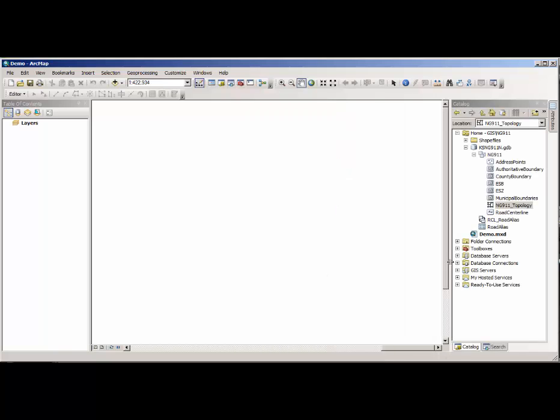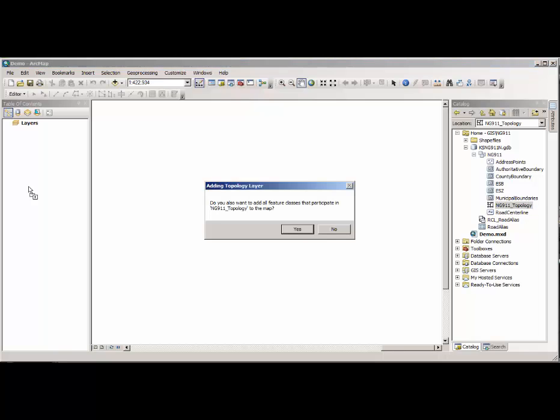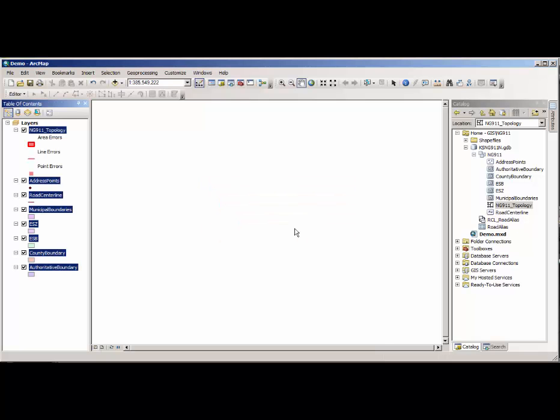Pull this over. Now, adding a topology to ArcMap is pretty easy. Obviously, I have an empty map here. You can grab the topology itself and drag it over to the table of contents. What it will ask you at this point is if you want to add all of the feature classes that participate in the topology to the map. And you do. You're going to be working on fixing errors or evaluating your data to see if there are any. So it adds the topology, and it adds every single layer that is participating,